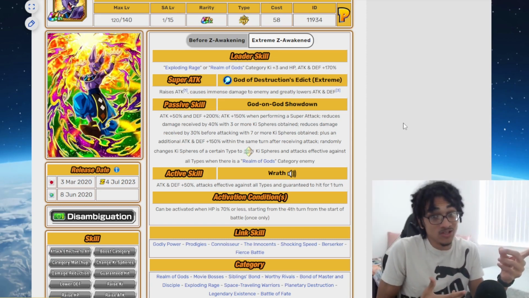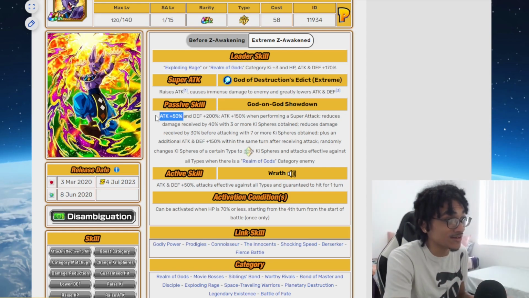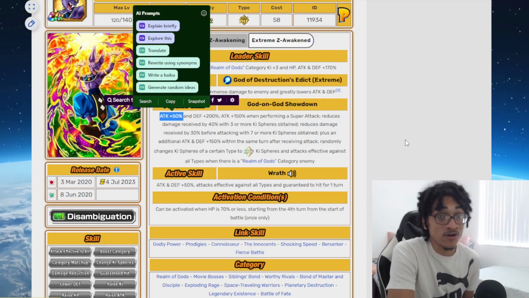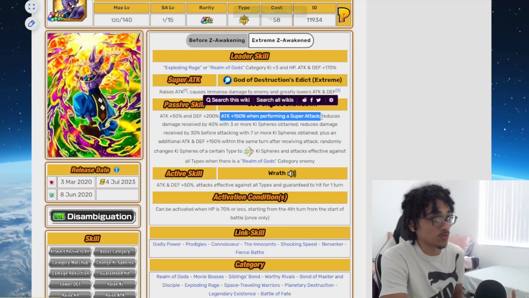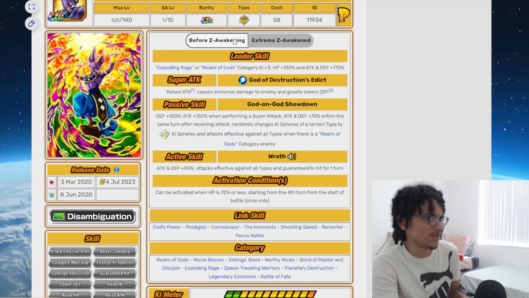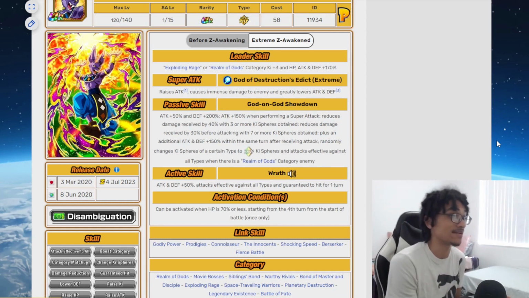Hey, Dokkan snuck a little something in there. They snuck him that little 50% attack at the start of turn, so he can hit slightly harder. Now, he also gains 150% attack when performing a super attack. I'm pretty sure that's from his pre-EZA, right? It is, yeah, it is from his pre-EZA, so they basically kept that on him. He gains 150% attack when performing a super attack, and he also gains 40% damage reduction with 3 or more